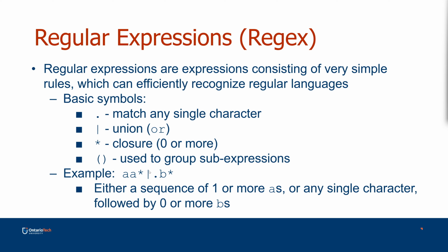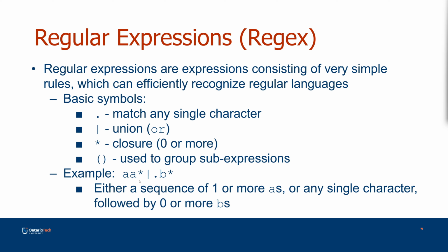So let's look at the part before the bar. Remember that the bar means or. So we have an A followed by A star. So A star by itself means 0 or more A's. And then since I've got an extra A in front, this means 1 or more A's. So I don't want to have 0 A's. It's only possible for there to be 1 or more A's. So I put in an actual A. I've literally just hard-coded an A here to say there has to be an A